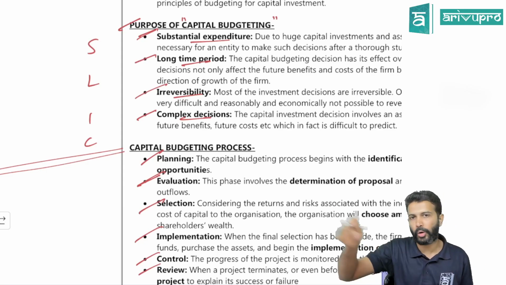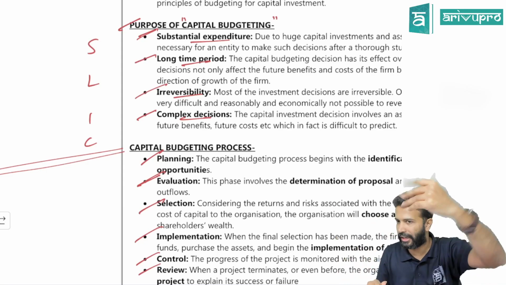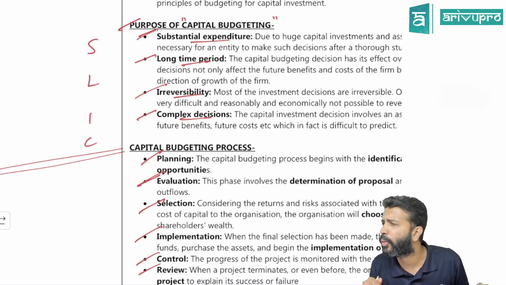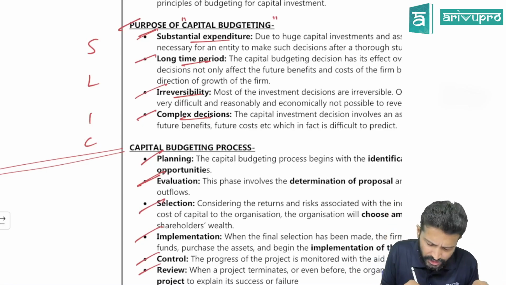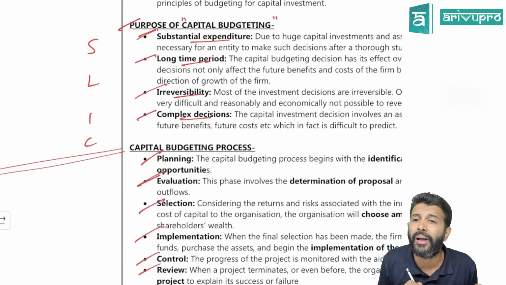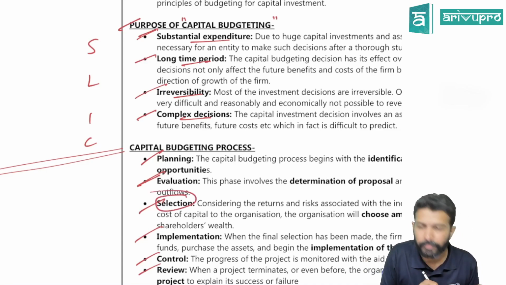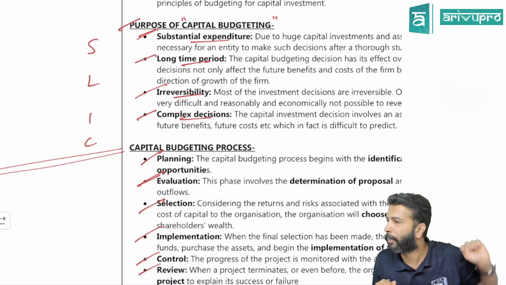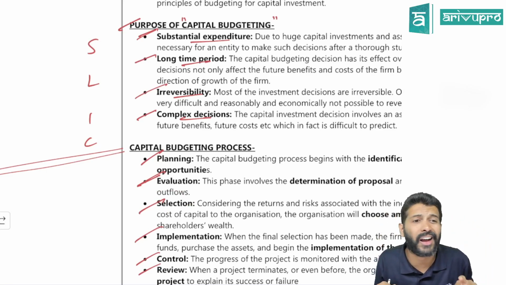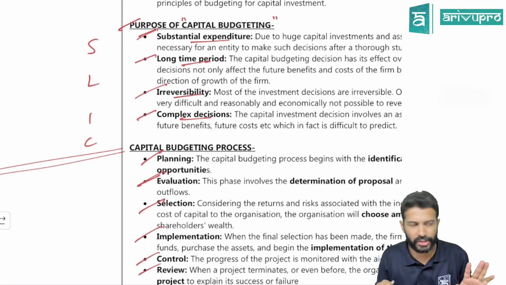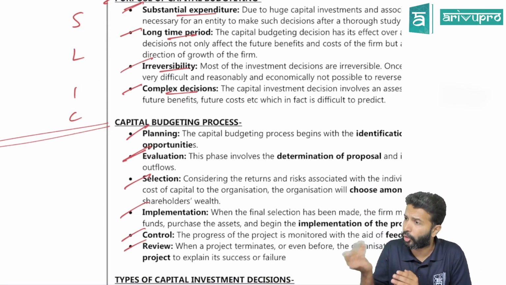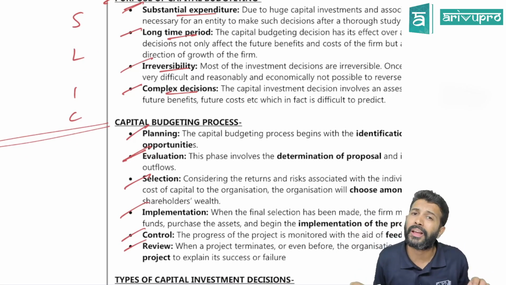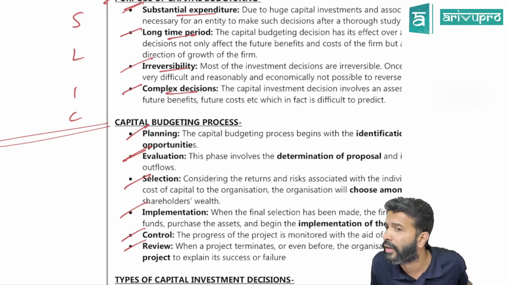Okay, we found out the cost-benefit analysis of every course, CA, CS, everything. Then what will you do? You may do everything, or maybe you will start with one. Let's say we decided we'll go for CA. That is your third stage, selection. After you do the evaluation, the next step is to select a particular project based on the risk and reward. Each company's risk appetite could be the same or different. We may be willing to take higher risk. There could be another academy that is probably willing to take low risk.